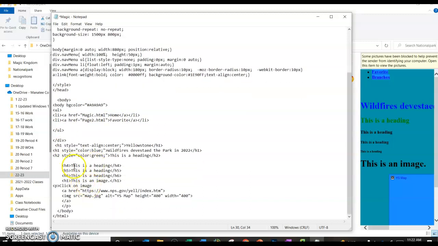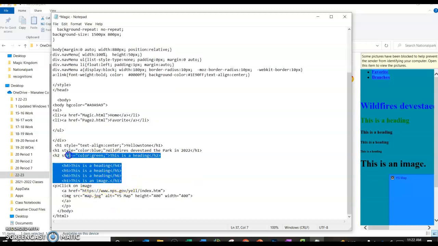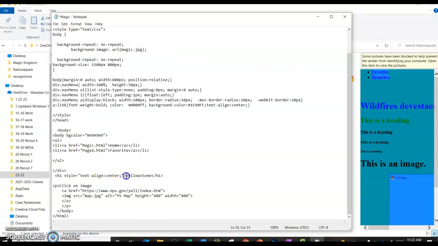All right, and then basically all you have to do is have a picture on this one. So we're going to change Yellowstone here to Magic Kingdom. So we have a title and I know what the picture is. And then I'm going to go.disneyworld.com, I believe is what it is. All right. So now if I save this